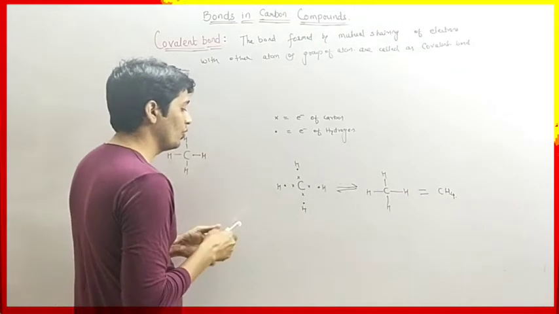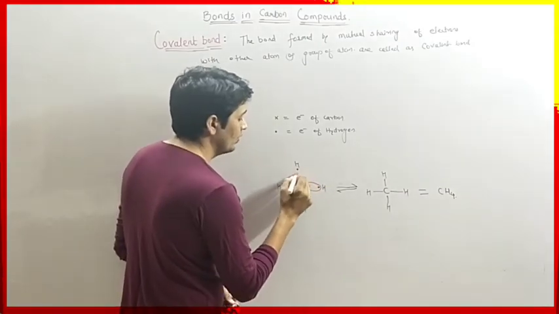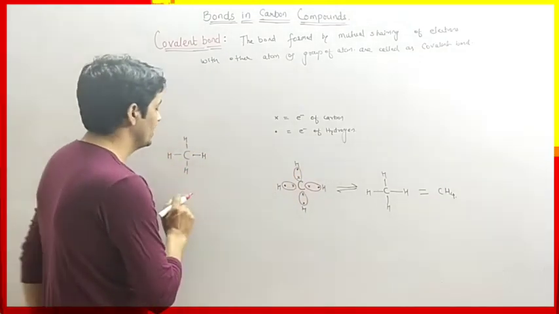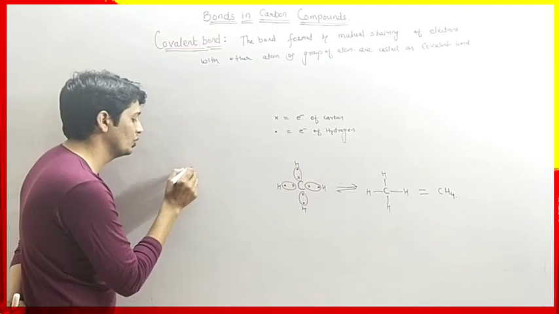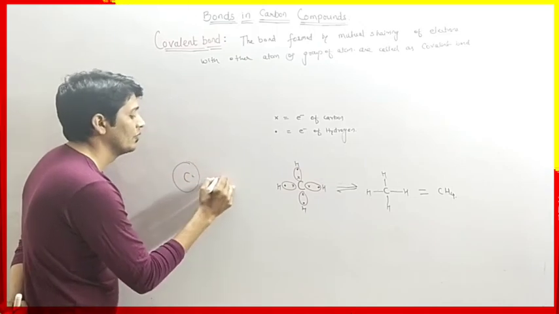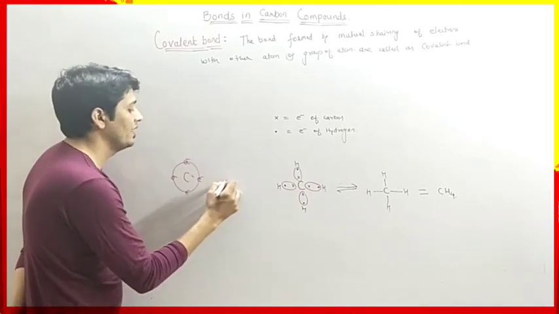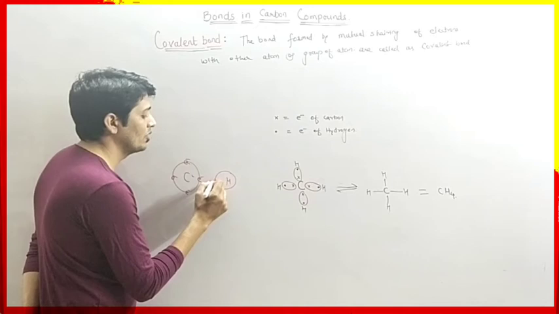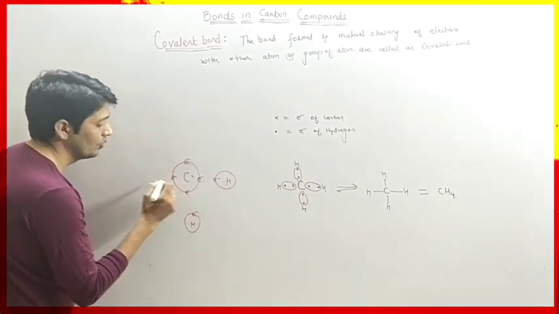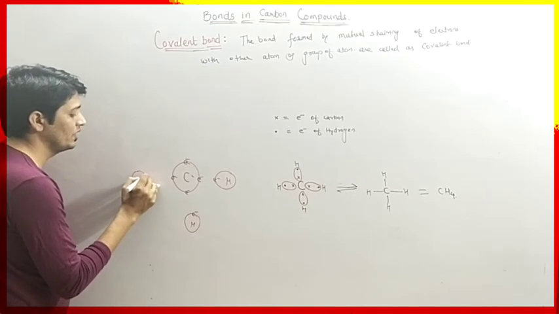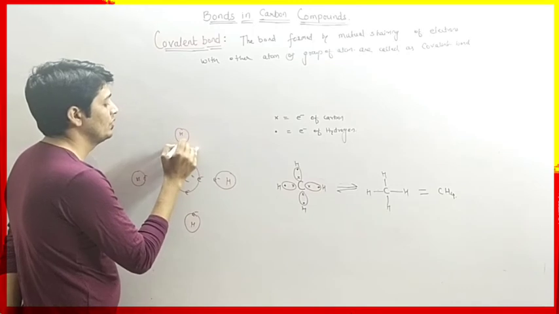Okay, because they are formed by sharing of electrons. Here they are sharing electrons of each other. Okay, so here see, carbon has 4 electrons in its outermost shell. Suppose this is the outermost shell for carbon. Here 4 electrons are present. Okay, and here a hydrogen atom is present, and in its outermost shell only 1 electron is present. Here we have hydrogen, its first shell, 1 electron. Here again one more hydrogen with 1 electron, and here another hydrogen with 1 electron.